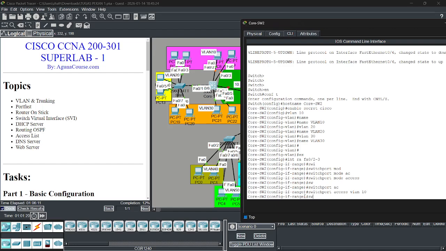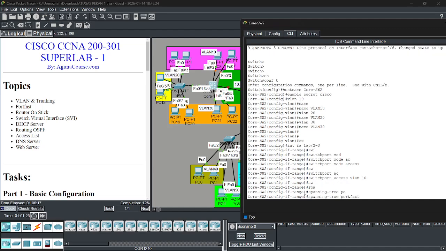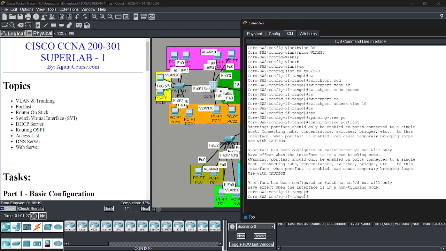and then spanning-tree portfast, and then interface range 0/4-5, I guess.